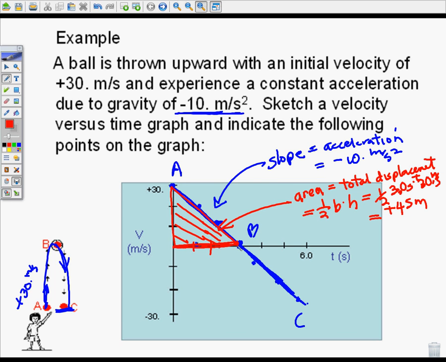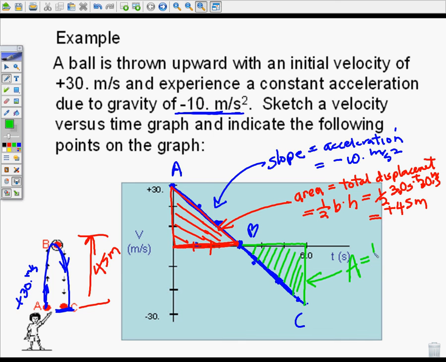Anybody want to tell me what that actually represents? The ball went 45 meters up. The ball went 45 meters up from here to here. That's 45 meters. Now, pay close attention here. This next area, I'll do it in green, is below the x-axis. Like that. If I calculate that area,